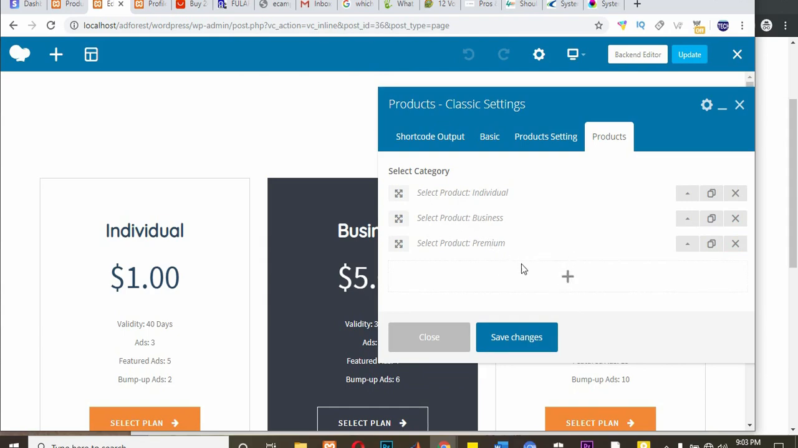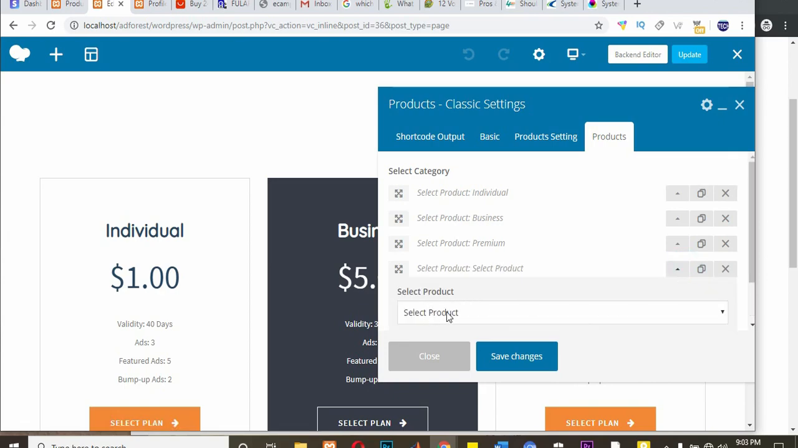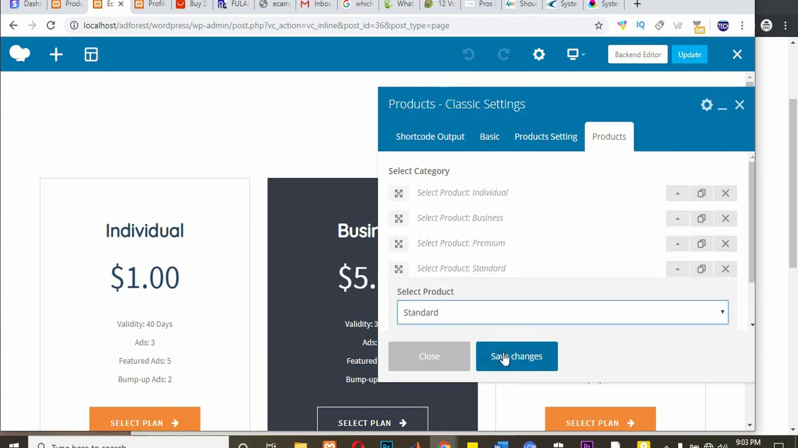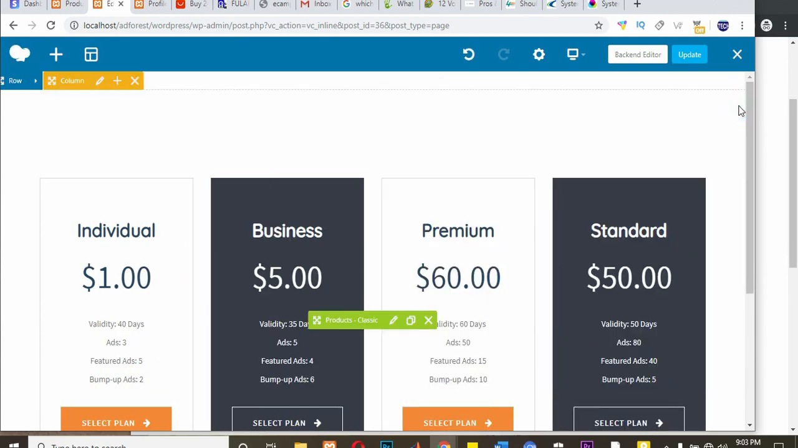a 4th package. I'm going to click on plus, drop this down, select product. Here is the standard I just created. Select that and say save. Then I close this and I say update. Here I have the 4